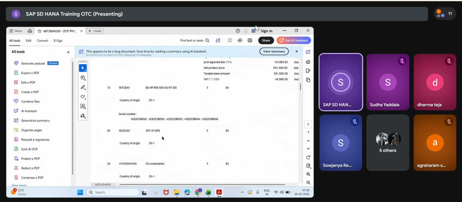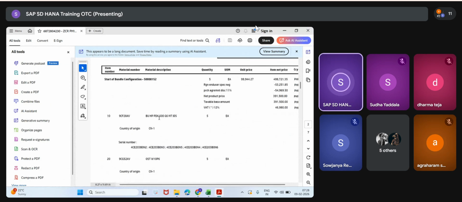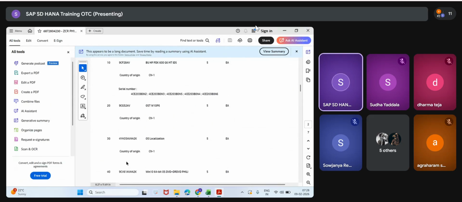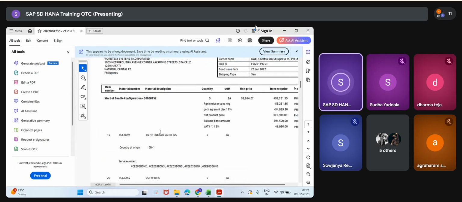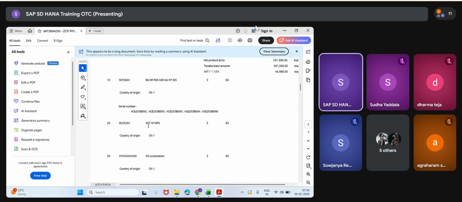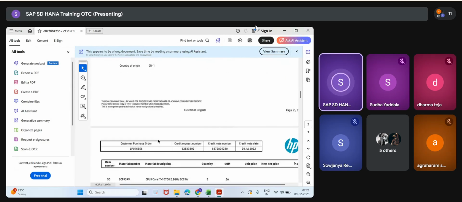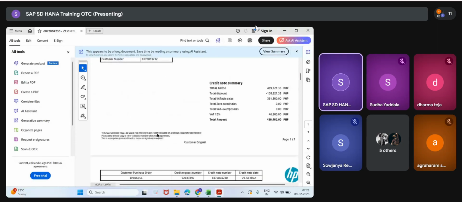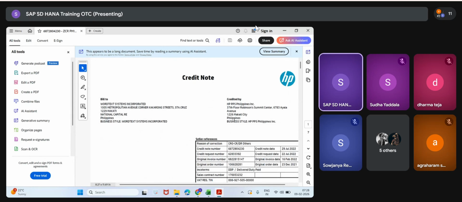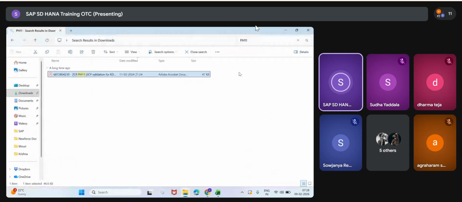What are the things they sold? Something BU, HP, PDK 600, G6, G670 IDS, and one more. These are the main products actually. This is a bundle kind of. See, this way. OST, WA. These are the products. CPU, Core i7. See, this way RAM, 16 GB, that is HP, right? See, this way PH11, Philippines. So this way we have in HP.